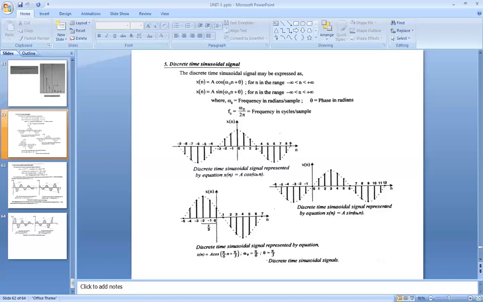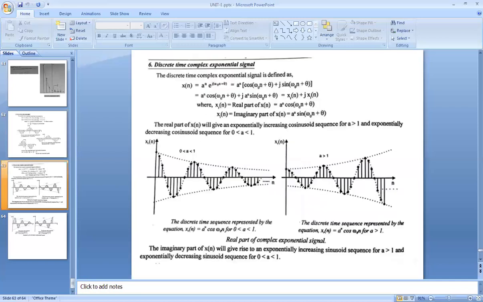Okay, and as an example of a discrete time signal represented by an expression, x of n is equal to a cos in bracket pi by 6 into n plus pi by 3, where omega 0 is pi by 6 and theta is equal to pi by 3. Okay, this is about the example of the discrete time sinusoidal signal, but for understanding of the discrete time signal, you understood the slide. Okay,